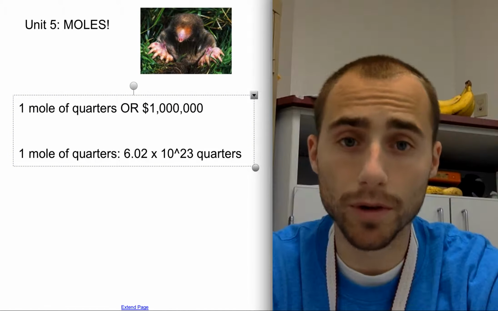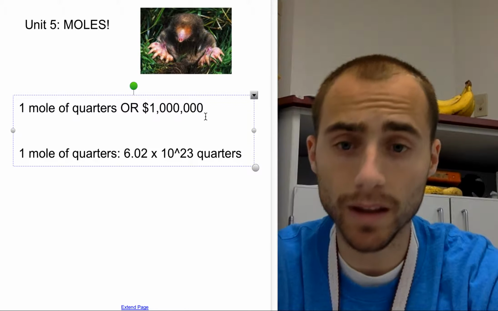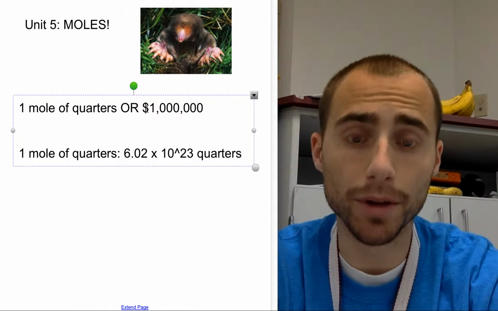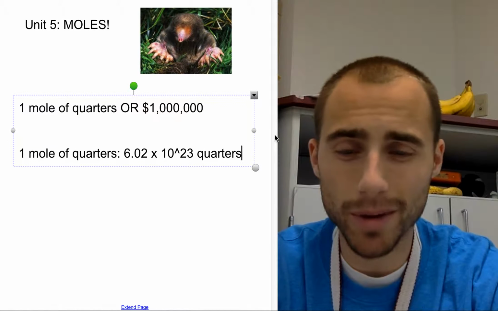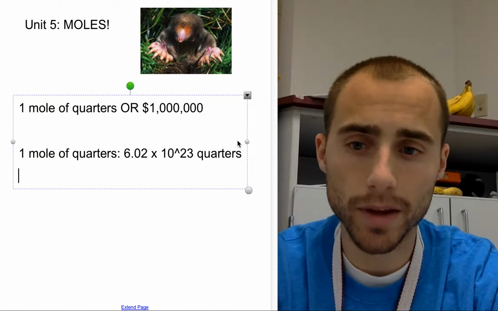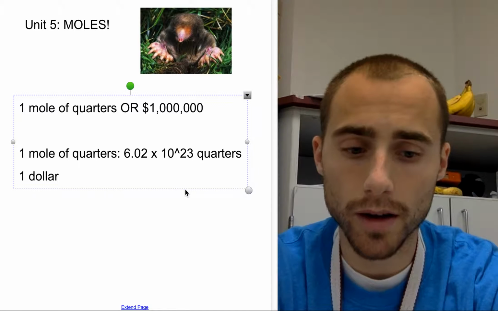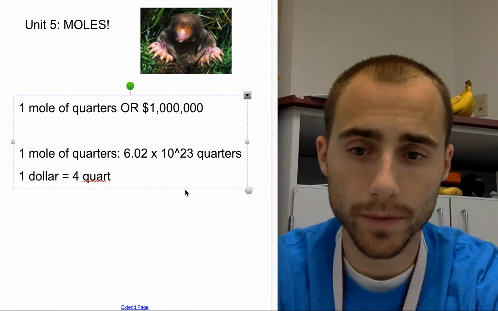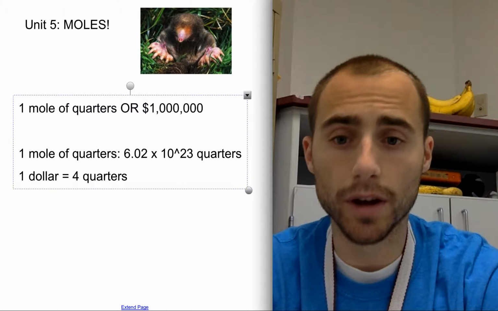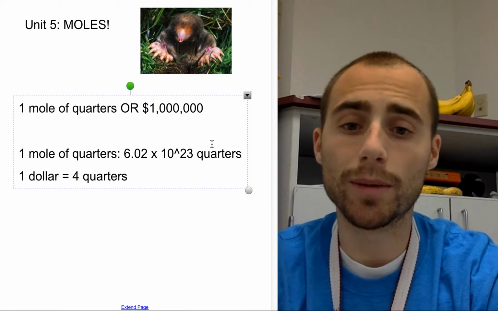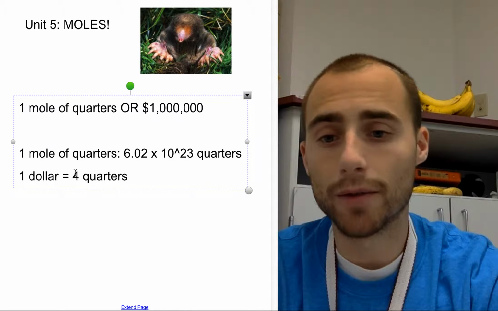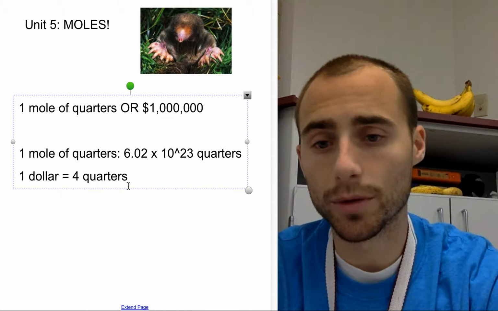Because it's always 6.02 times 10 to the 23rd. Now I want to compare that to $1 billion. So how can I determine how many dollars are in this? Well, easy. I have 1 mole of quarters, and in $1, I have 4 quarters, right? 4 quarters for every dollar. So if I have 6.02 times 10 to the 23rd quarters, and every four of those quarters equals $1, all